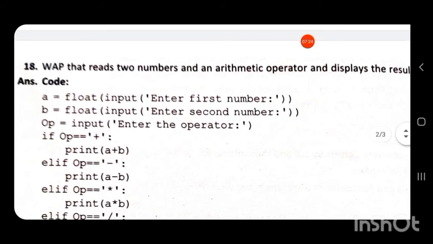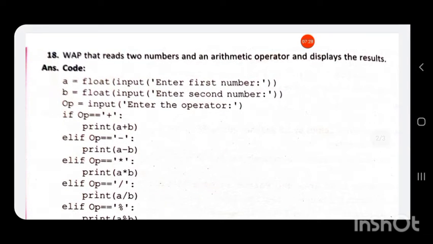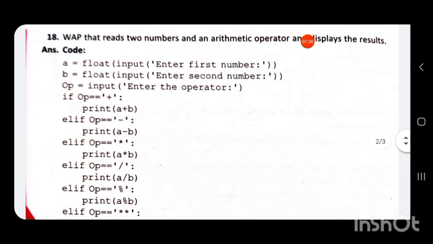The next program is to write a program that reads two numbers and an arithmetic operator and displays the result. In the input function we have to read two numbers and an operator also.